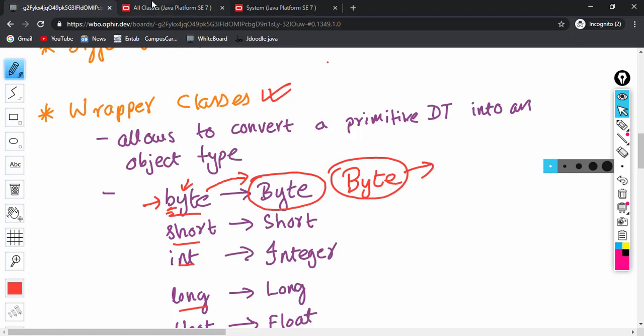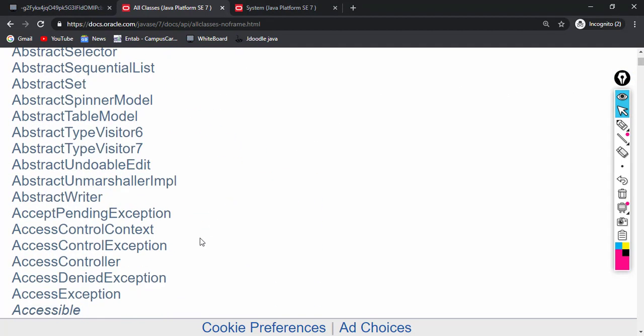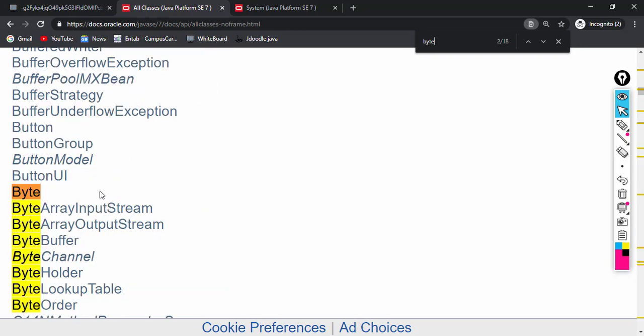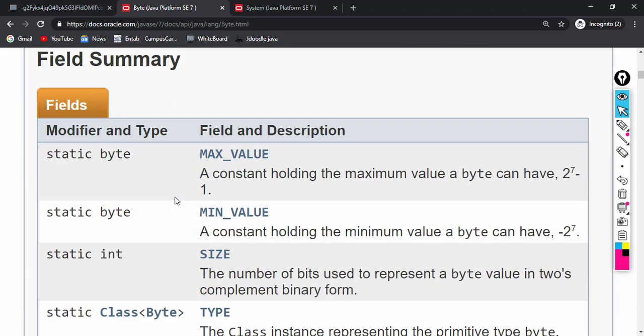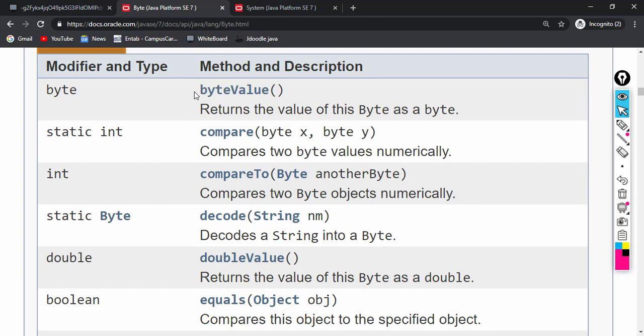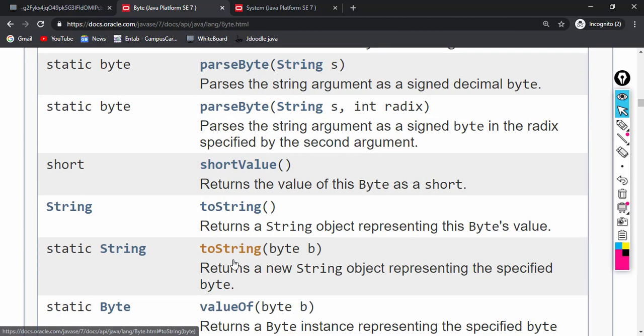So let's come back to our documentation here and find out the Byte class. Okay, so here we have the Byte class. In this Byte class you can see so many functions are there: byte value, compare to, decode, double value, equals, float value, hash code, innumerable functions.